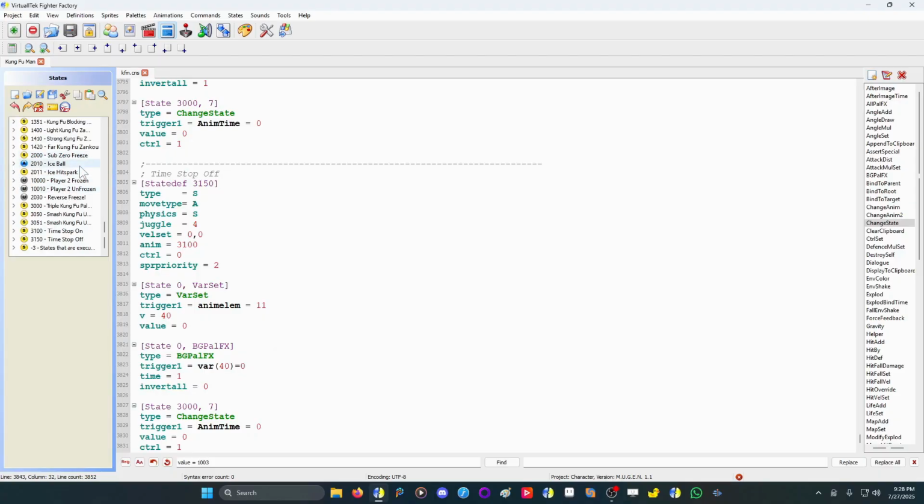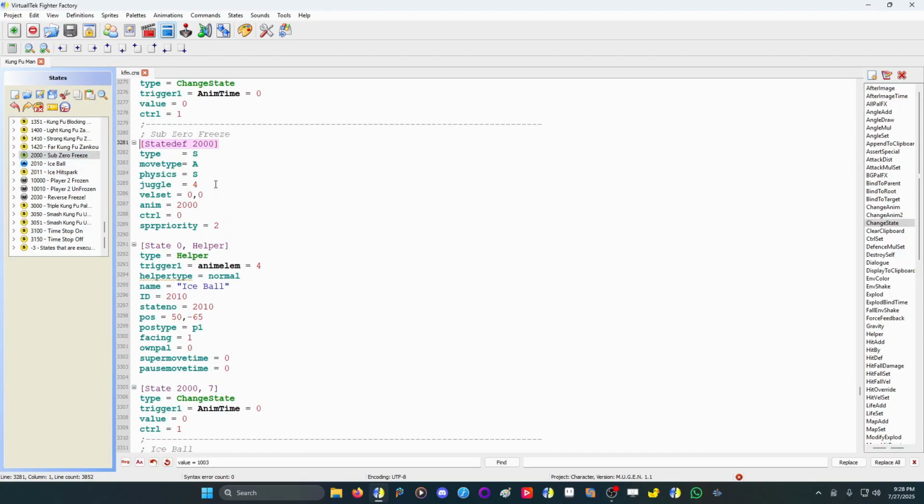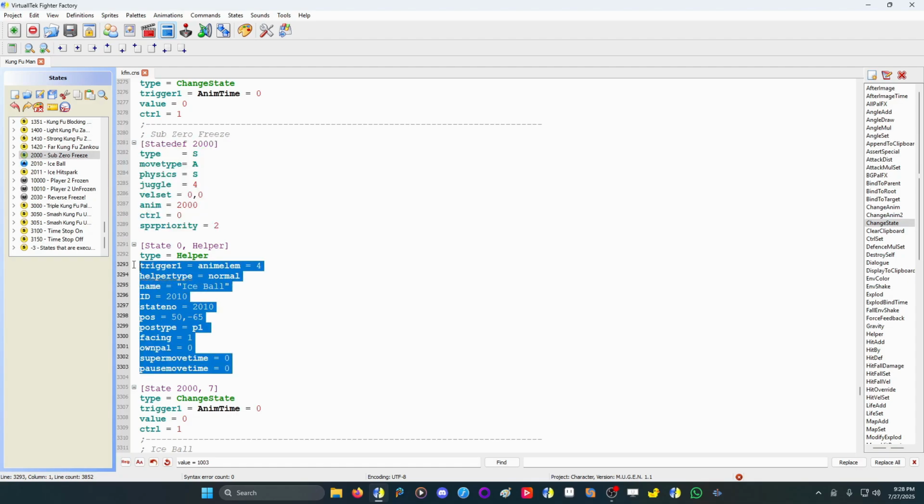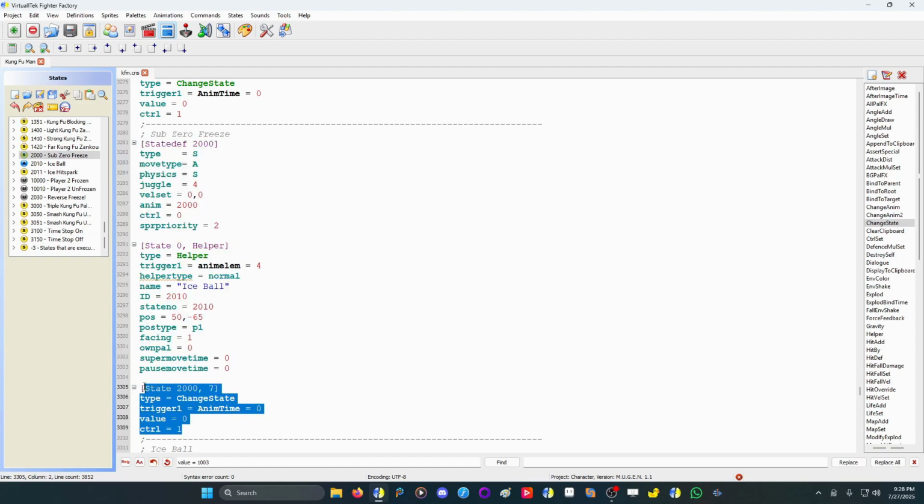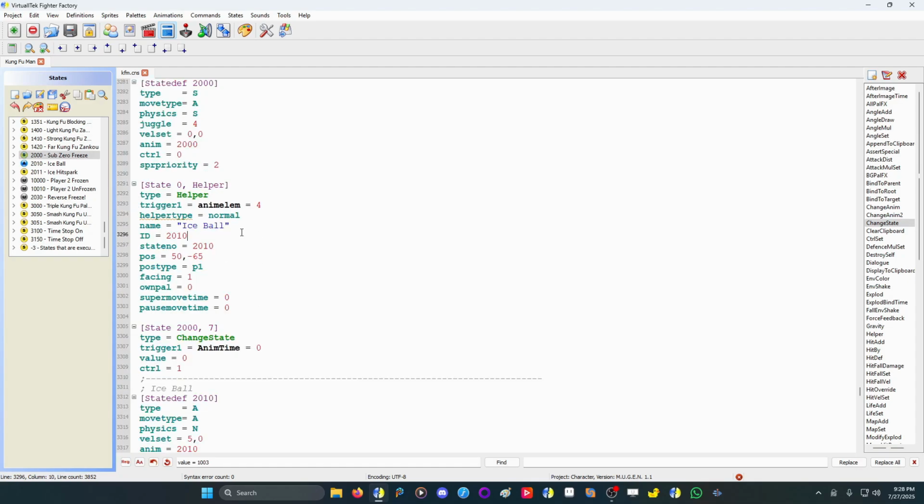Going to the states, I have the freeze. It's as simple as shooting a projectile. Your state def stuff, which is Kung Fu Man doing a swipe, your helper with the ice ball, and change state to take him out of it. The more complicated part of this is the helper. So going to state